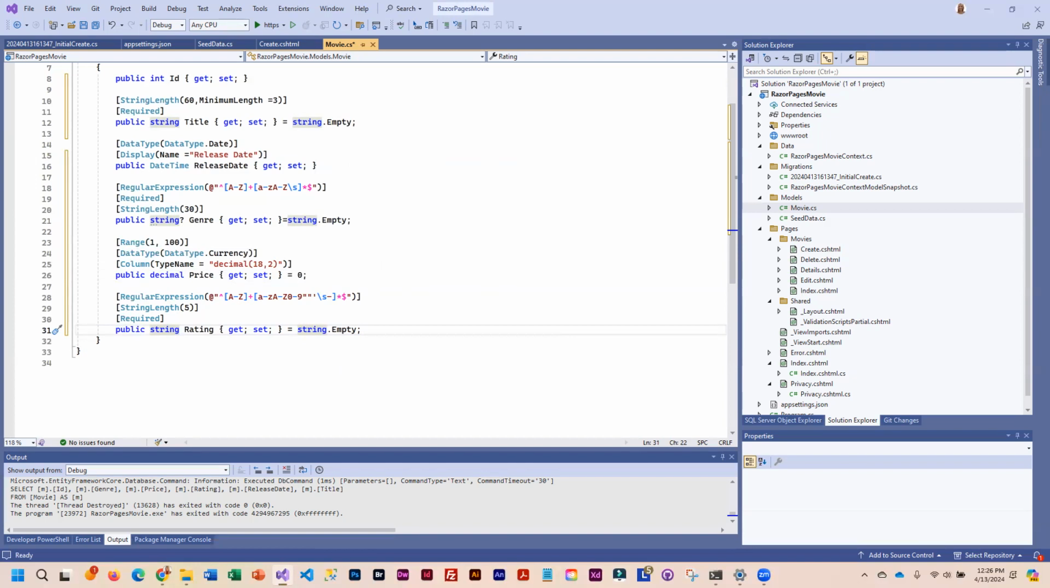Okay, and let's see. Let's save this. And we can run this. So let's go ahead and do that. Now, the database will not be changed when we run this. So if we look,